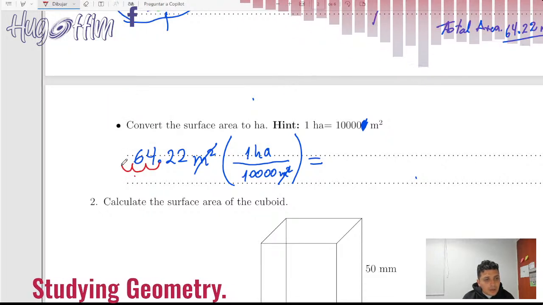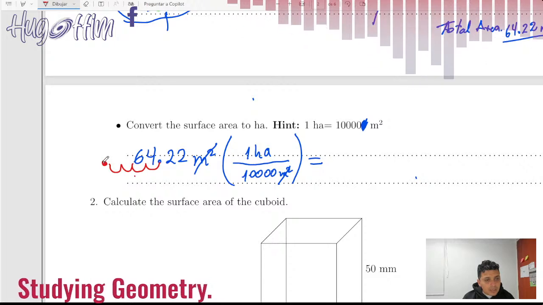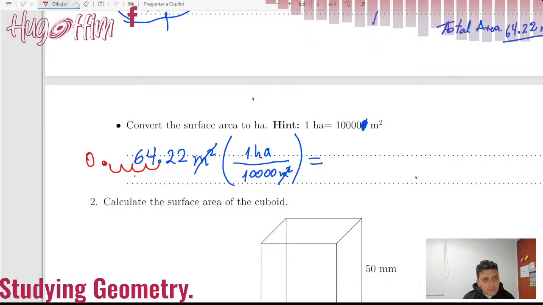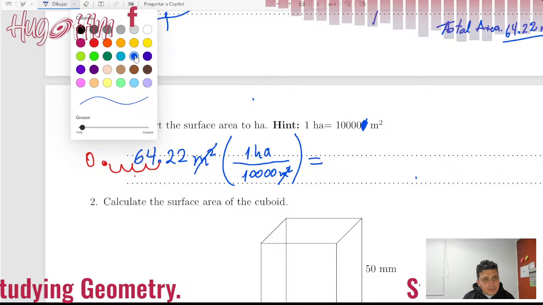So I just need to move the decimal point 4 places to the left. 1, 2, 3, 4. So here will be the decimal point. Okay, so the answer is going to be,